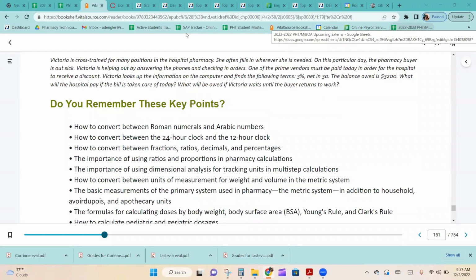All right, so that's it for chapter 6. Please don't let this overwhelm you. If you've already taken the math mod, this is nothing new. This is all review for you. If you are new or haven't taken the math mod yet, this is just going to prepare you for the math mod. The type of math that we're doing in this chapter is pretty much all the math we're going to learn